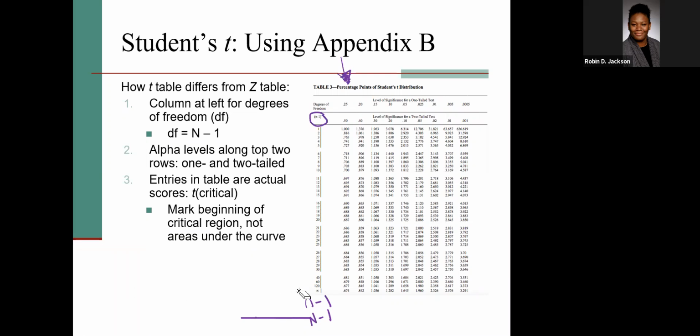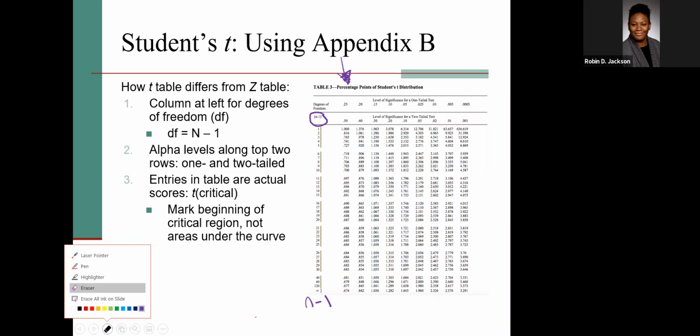The course textbook does not give you that N minus 1 on there, okay? But everything else essentially looks the same. So let me go through, highlight, and demonstrate what I'm talking about here. All right, so